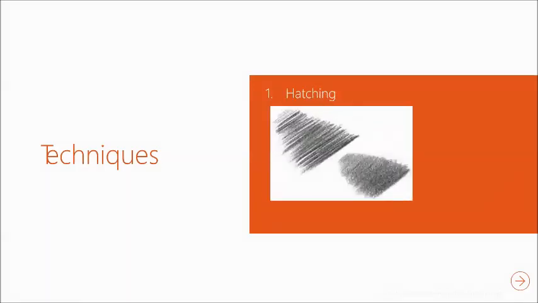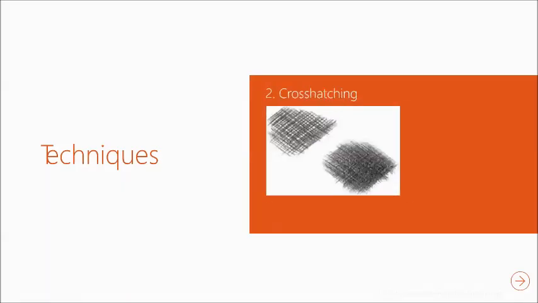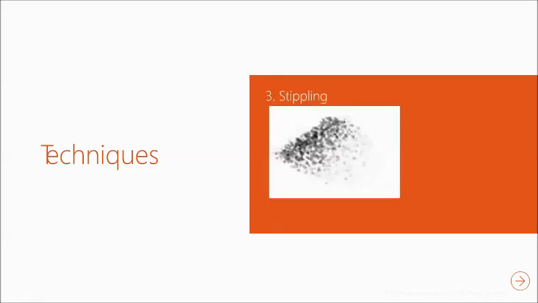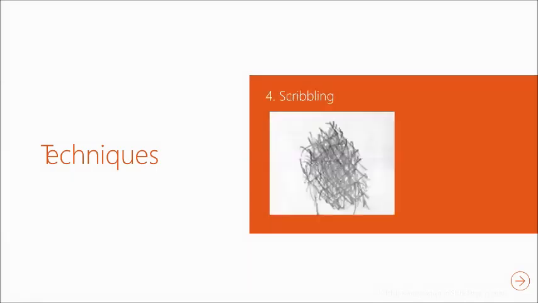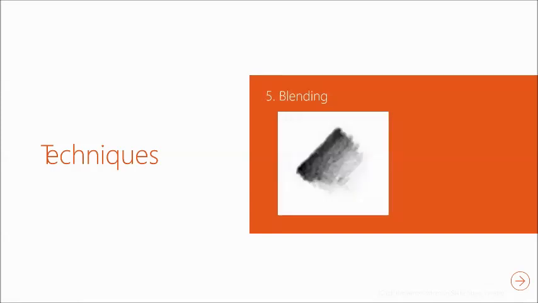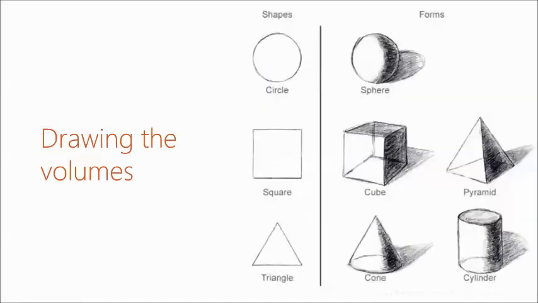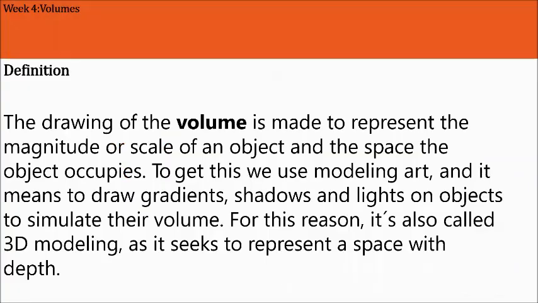We have 5 techniques: hatching, cross-hatching, stippling, scribbling, and also blending. Okay, so when you're drawing something, it is important that you know where the light is, and then make that image, character, or thing, the object of your drawing, come to life in a form of these different techniques of sketching. Again,